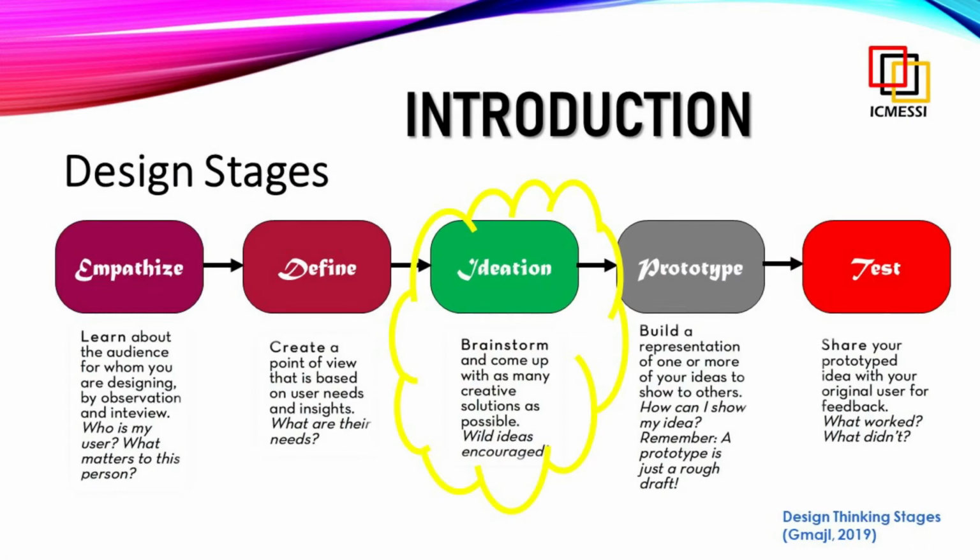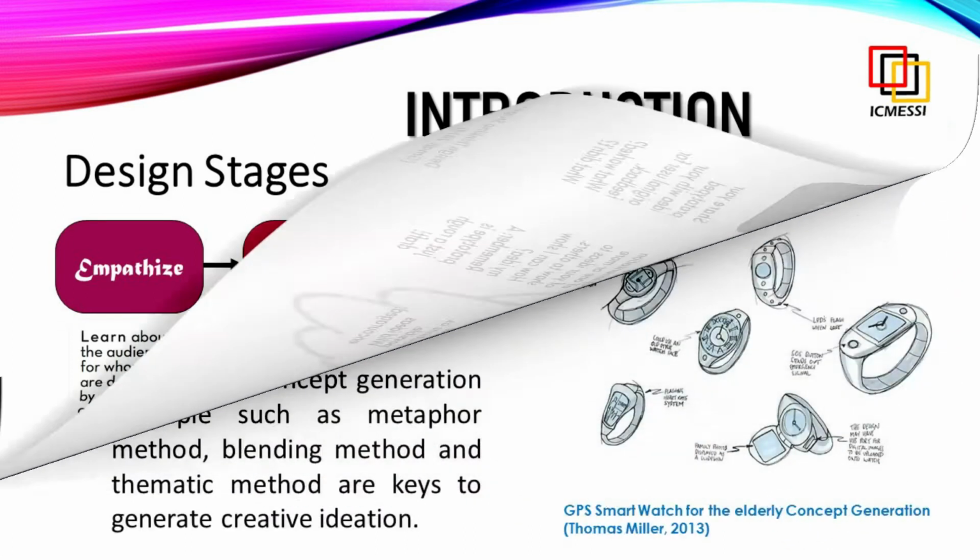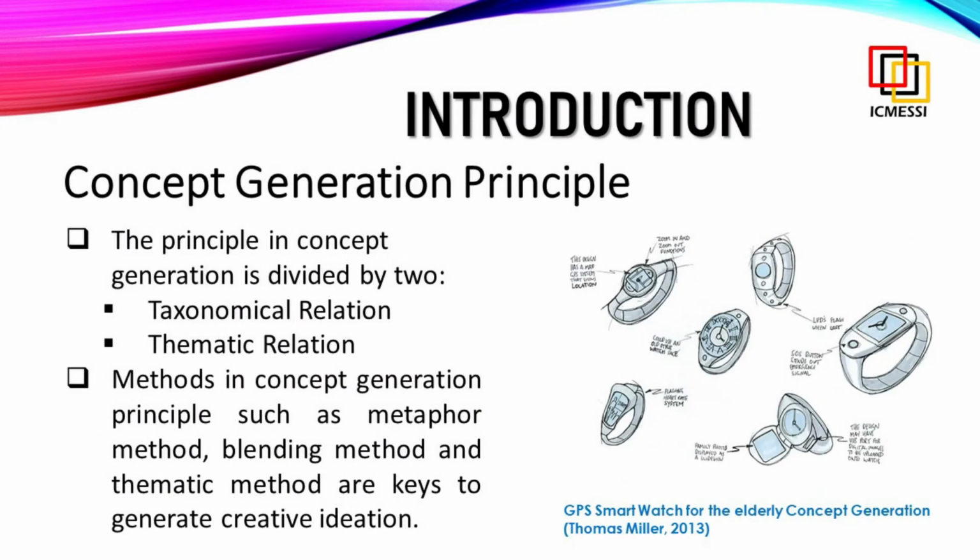Design process is a process an engineer goes through in devising a solution to a problem. The design process steps should be followed to achieve the goals of a project and are compulsory to include the ideas and sketches of the whole process, and the process requires both knowledge and creativity. The design stages start with empathize, followed by define, ideation, prototype, and lastly testing. For my research purpose, I focus on ideation, which is the stage where any possible creative ideas could be generated by brainstorming. Now we look into the concept generation principle.